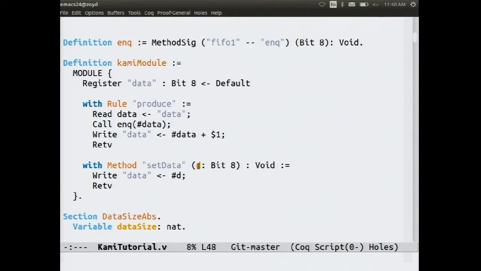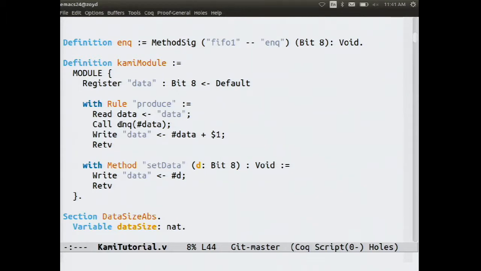So this is basically a module. You can set data to get it started, and afterwards it's going to keep running forever. As long as there's space in the queue, it tries to push the next higher number in a sequence onto the queue. Since it's hardware, the queues will be finite capacity in practice, and the enqueue call will not be able to run when there's not capacity left.